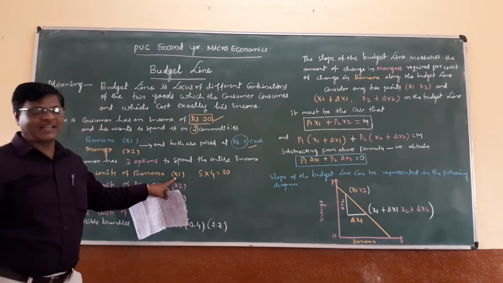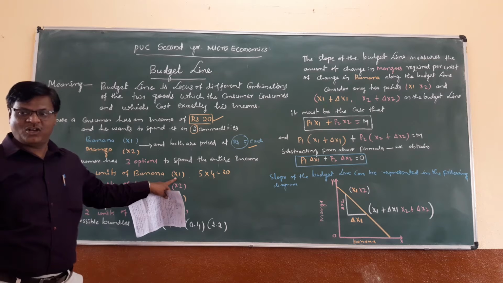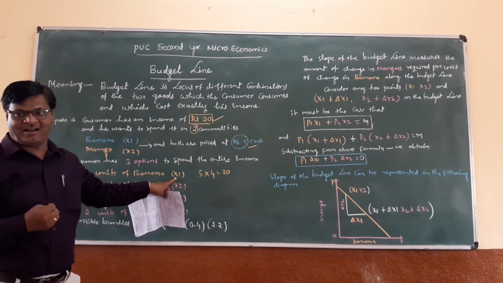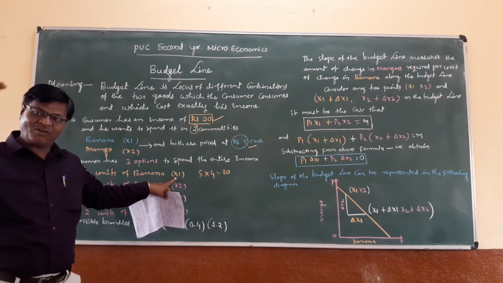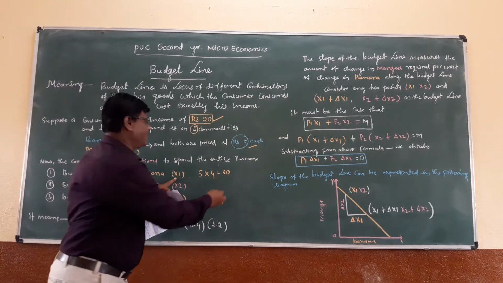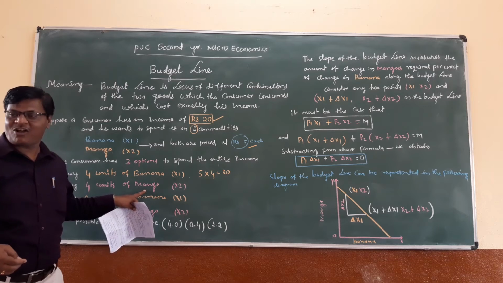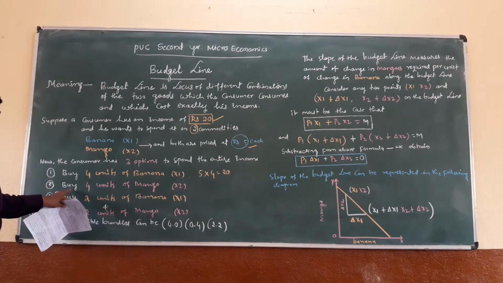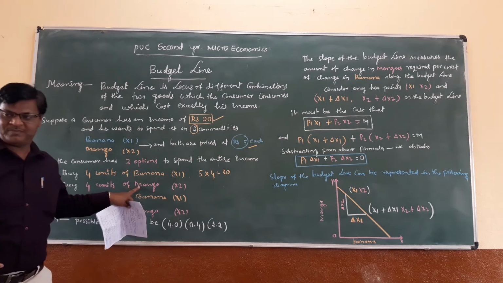He can choose this offer, which means he can buy 4 units of banana and spend his entire income of 20 rupees on bananas. The second option is that the consumer can buy 4 units of mango,